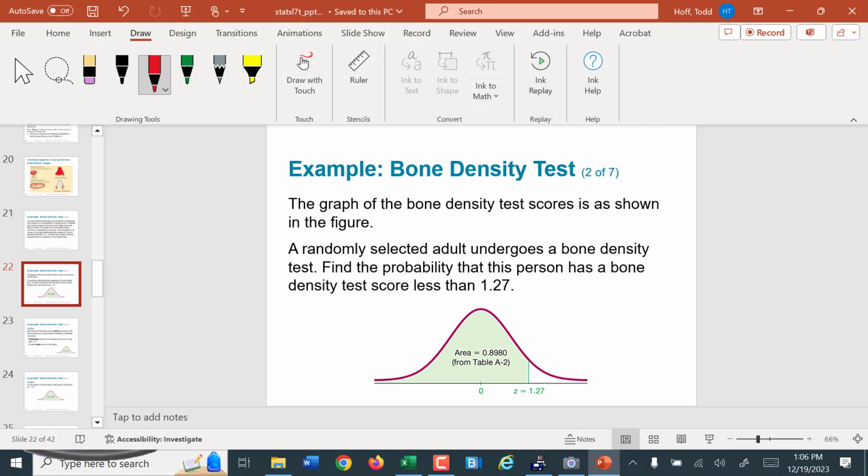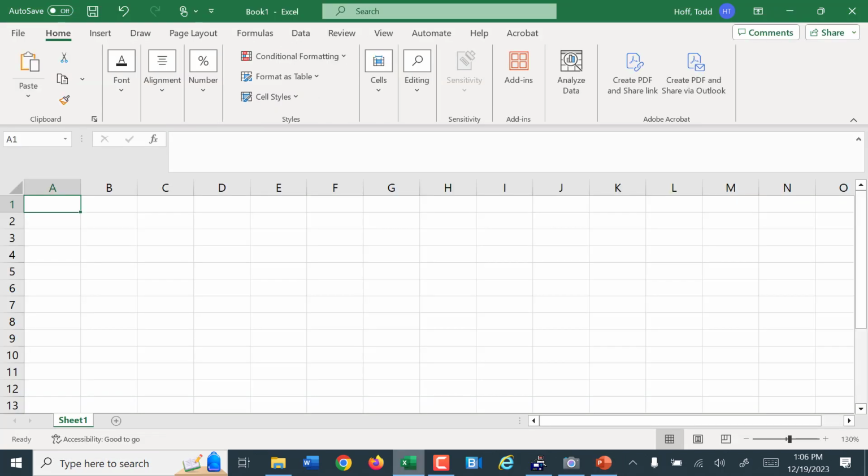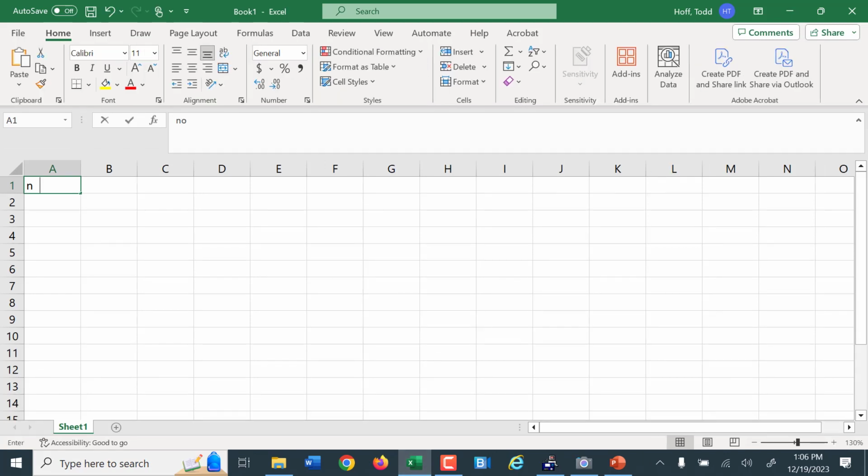So if we want to ask the question, a random adult undergoes a bone density test and gets a score, what is the probability their score will be less than 1.27? So 0, remember, is in the middle, so a positive 1.27 is over here. Probability of being less than is this area here. If we use Excel to find that, the command in Excel is